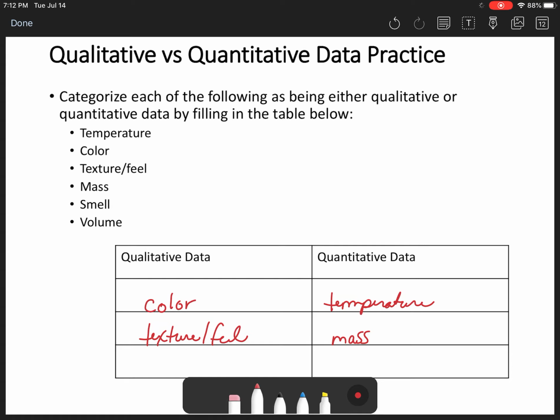The smell of something, again, you're describing it, aren't you? So that would be qualitative data. And then volume, can volume be measured with a number? Yes, if you're going to measure the milliliters or liters of something,